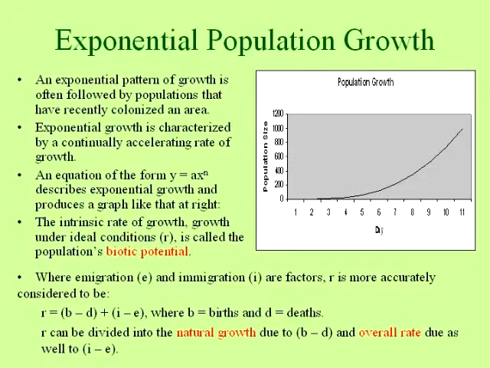Exponential growth is characterized by a continually accelerating rate of growth. If we look at this graph here, notice that the slope of the line increases from left to right. And if we carry that out to its ultimate extreme, eventually the line would go vertical, which in the jargon of calculus is referred to as reaching its vertical asymptote. What that would mean in terms of population growth is that at that point where it becomes vertical, population growth would become infinite,